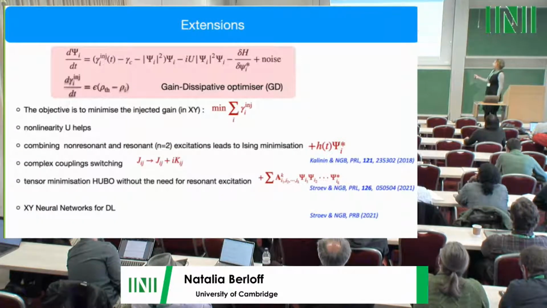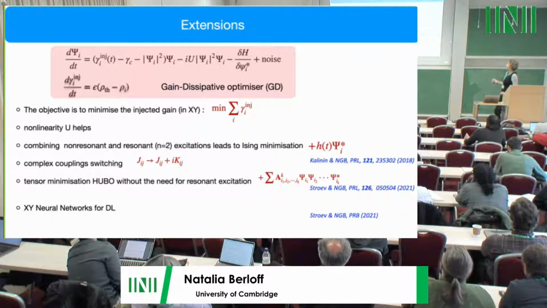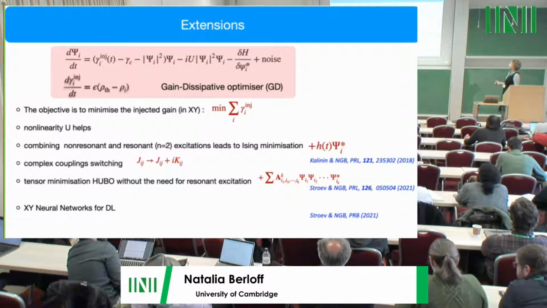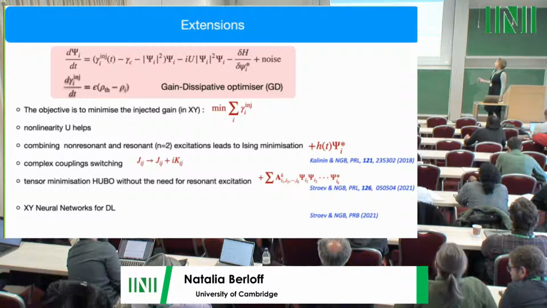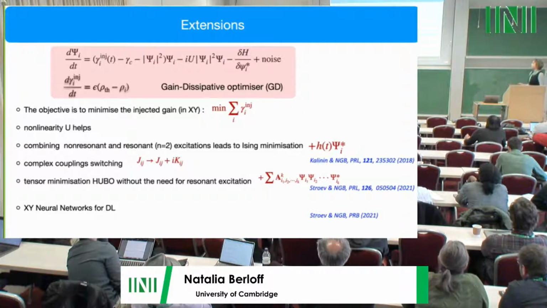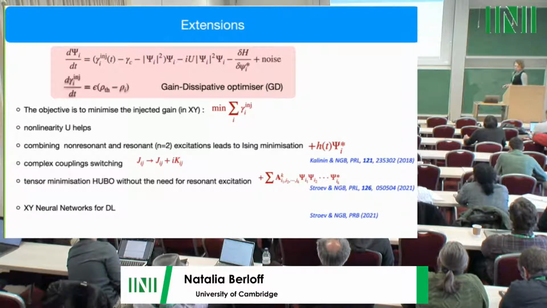So after that, actually, there are quite a few modifications that we looked into, in particular combining a non-resonant pump to simulate the Ising model, using the fact that we know what parameter we need to control and keep at the minimum, the role of the nonlinearity, the change, and how the complex type of the coupling can help generalize it to k-local Hamiltonians, etc.